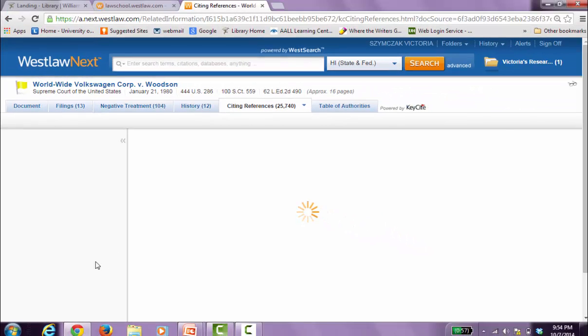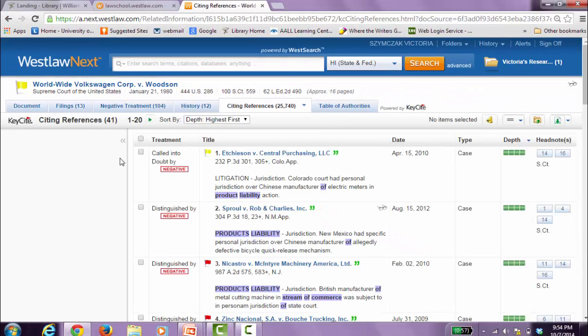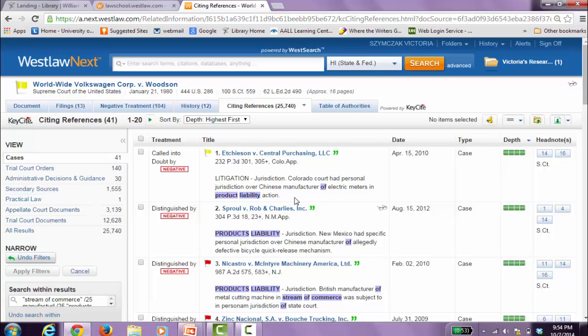When my filters run, I see that I now have 41 cases. And there was the first case I looked at before. Richardson is still in the running. My keywords now are highlighted in purple color so that I could easily follow them as I maneuver through the cases. Now I can go back to my initial document,